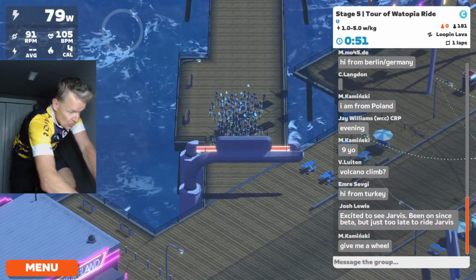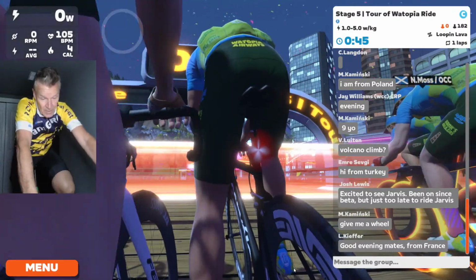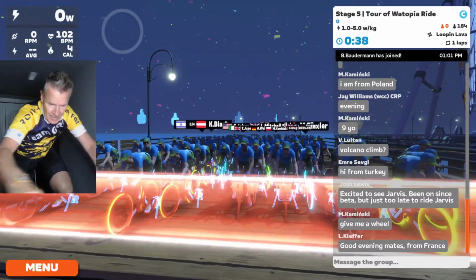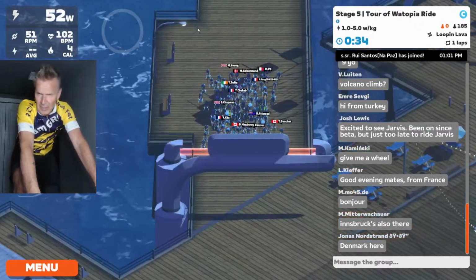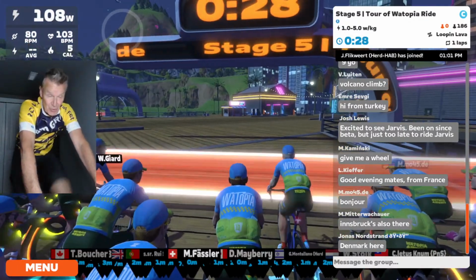A minute to go here, so I wanted to try this out, folks, because what you're looking at here, Zwift, 10-year anniversary. This is the Tour of Watopia, Stage 5. And what's cool about it is it's basically just a big group ride, but we're going to be going onto the new expansion